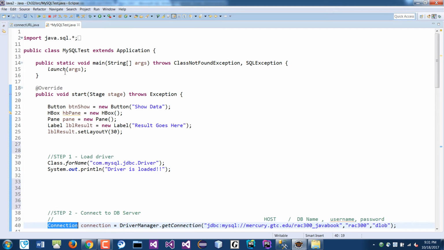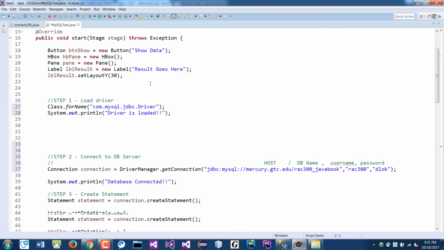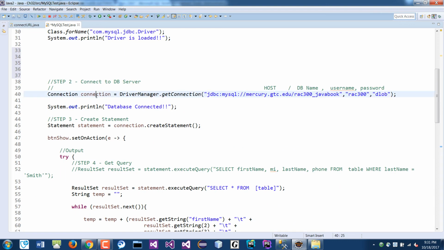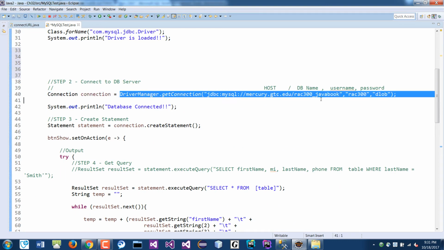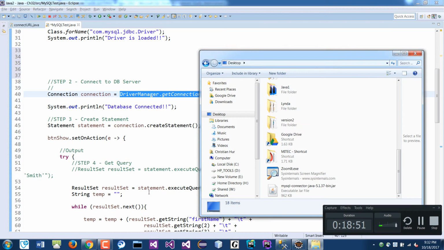Once you do that, it's going to ask you to import. So import the connection, the SQL. It will be this thing here. So if you want, type import java.sql.*, okay, that will solve all your problems. And so we want to create a connection object, and then copy this. Okay, this is basically again the notes up here